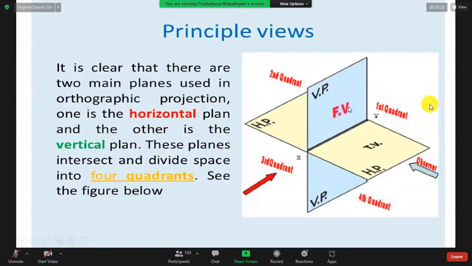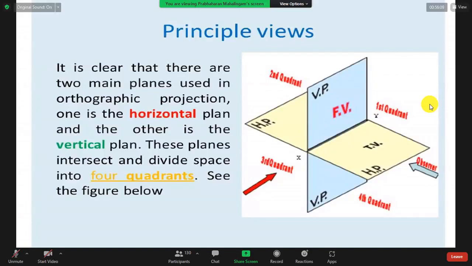First, second, third, fourth, in a peripheral order: the vertical one is first, then horizontal, then vertical down, then horizontal right. Vertical up first, then horizontal side, vertical down, horizontal. There are four quadrants, so the object should be drawn in these four quadrants. No need for further explanation. I will read, you will understand, it's okay.